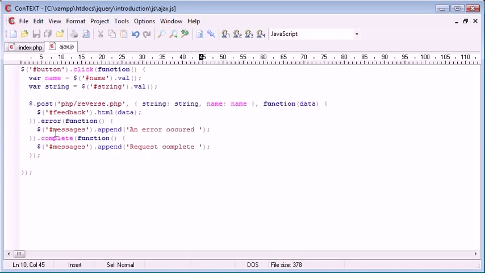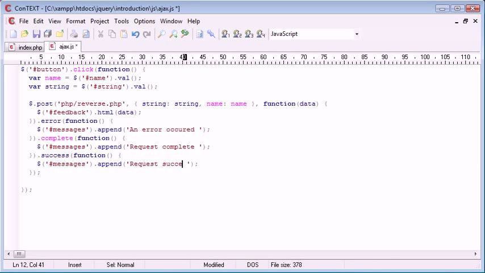Okay, so you'll notice that we have a request complete, but we also have an error occurred. Now that's the difference between complete and the success callback, which we're going to write in a moment. Success will only be returned if the operation is obviously a success, if everything's gone to plan and we've returned some data and the file exists, blah blah blah. Complete will always happen as long as this post request, this HTTP request, has been completed. So we can go ahead and add on a success callback function as well. So inside here we create a function and we pull that down, and we can copy and paste this into here, and this will be messages.append